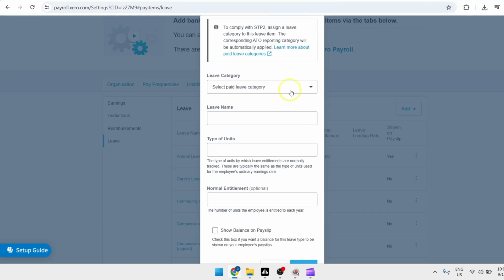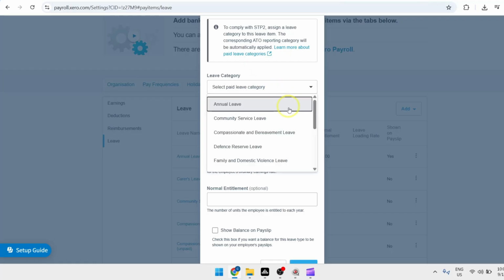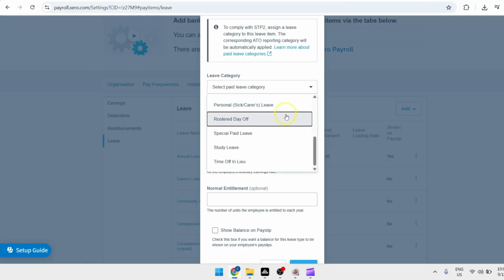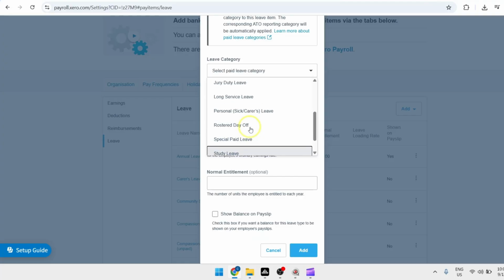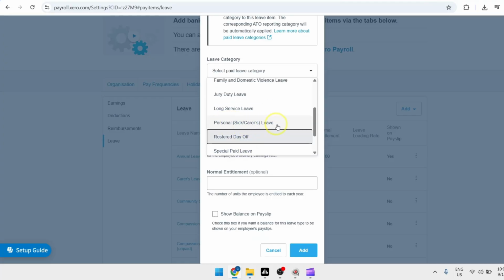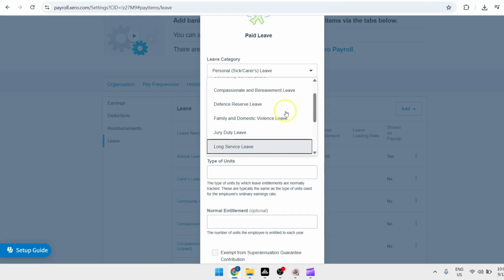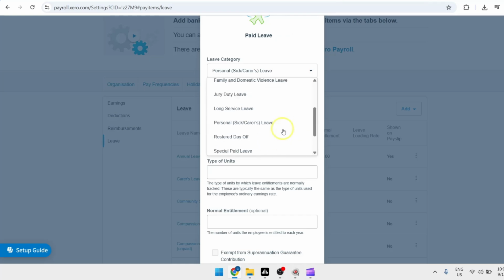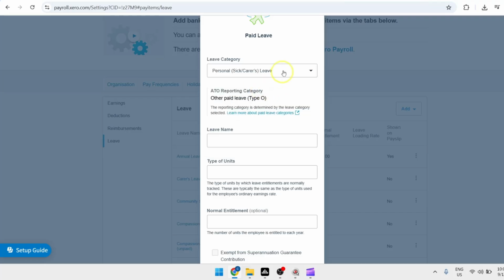paid leave you're about to create, starting with leave category. Now, from here, pick what kind of leave you're trying to create. If it's for personal, sick or carer's leave, or family and domestic violence leave, annual leave, or whatever is applicable. Of course, give this a leave name. So, say for example, we're just going to name this sick leave